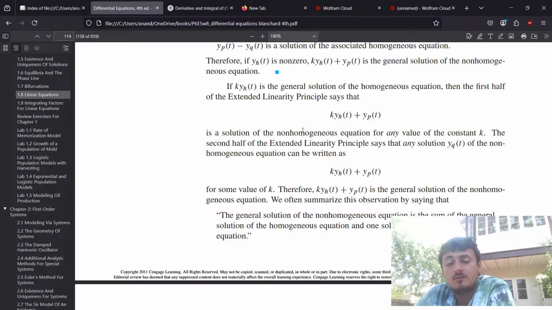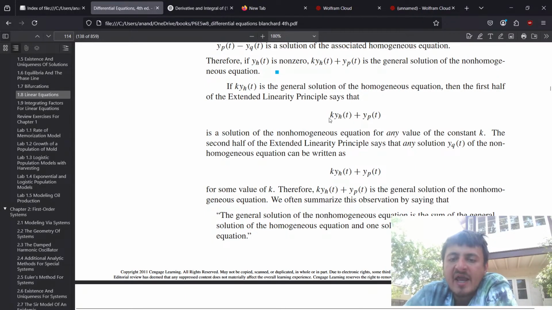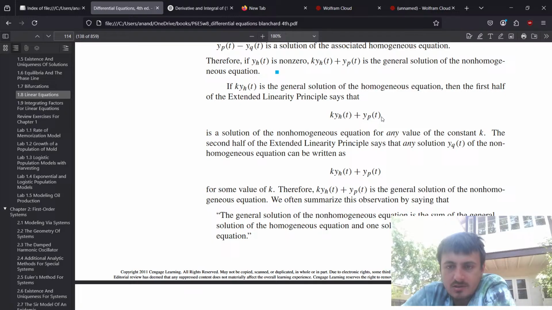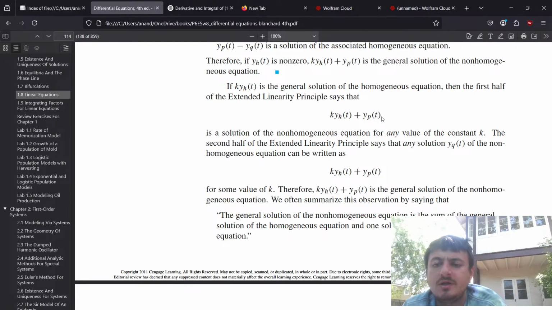If k yH is the general solution of the homogeneous equation, then the first half of the extended linearity principle says that for any k, k yH plus yP is a solution of the non-homogeneous equation. The second half says that any solution yQ can be written as